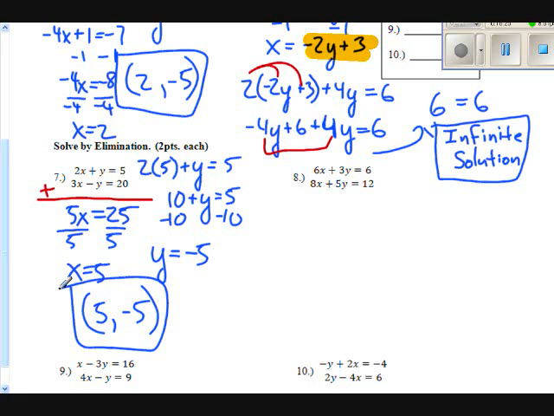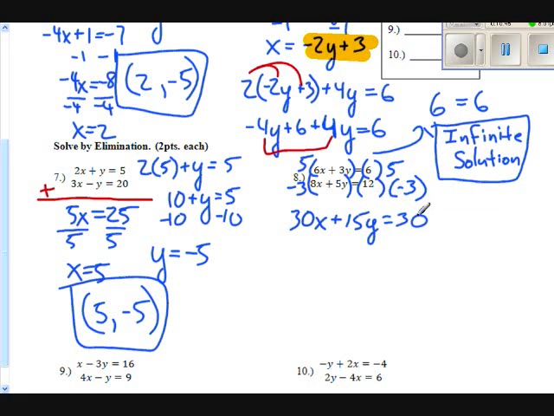So I've got a 3 and a 5, which means I can multiply the first equation by 5. And I can multiply the second equation by a negative 3. And here's why I'm doing that. If I multiply the first equation by 5, it gives me 30x plus 15y equals 30. And when I multiply the second equation by a negative 3, it gives me a negative 24x minus 15y equals